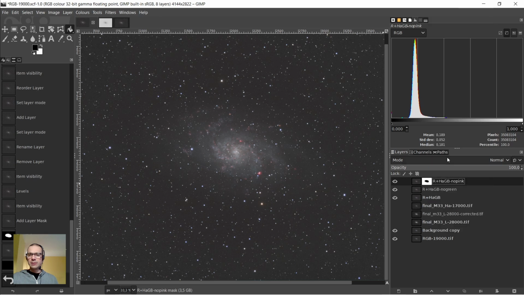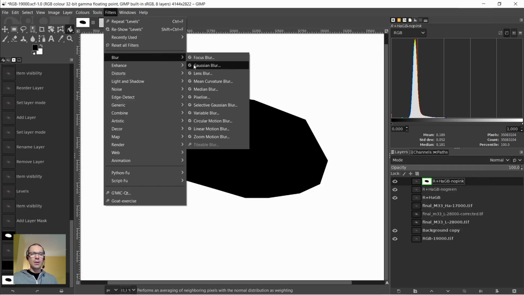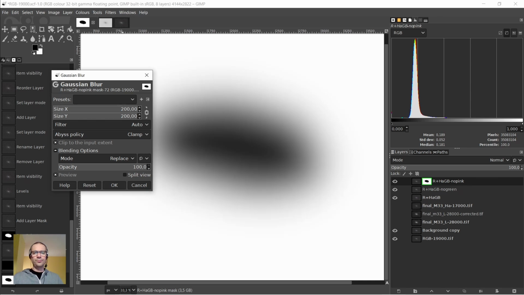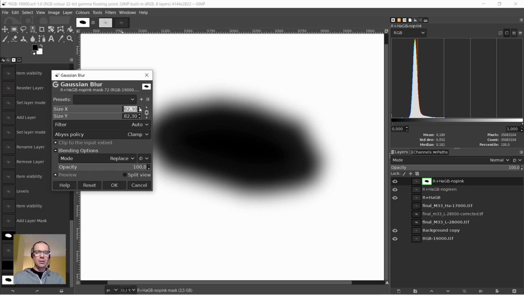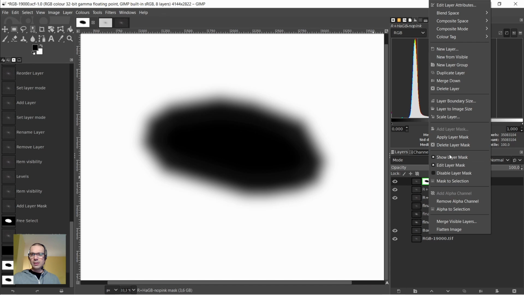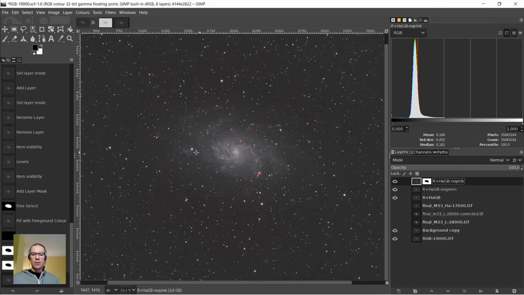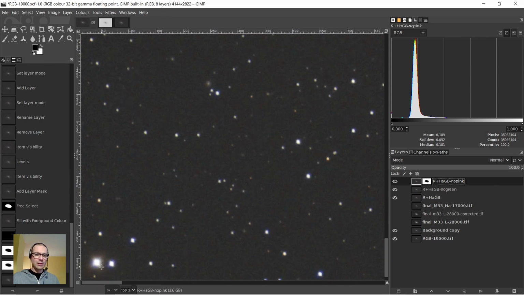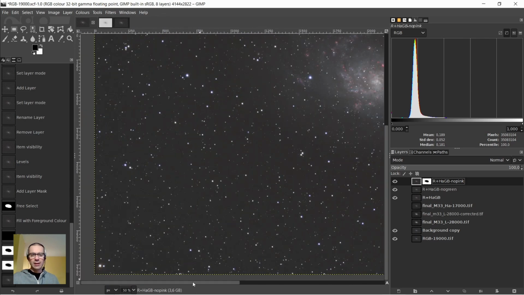And I will blur the mask. Gaussian blur. Let's blur it to, let's say, 200. Ugh, it's much too much. 50. Maybe 60. Okay, show layer mask. Alright, so now we have stars which have corrected pink fringes, but the galaxy itself